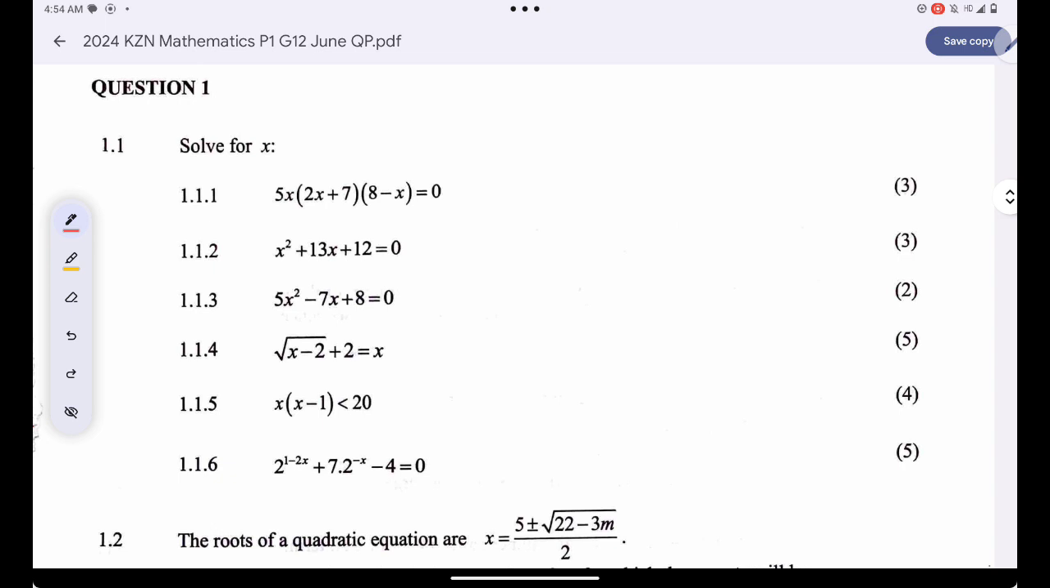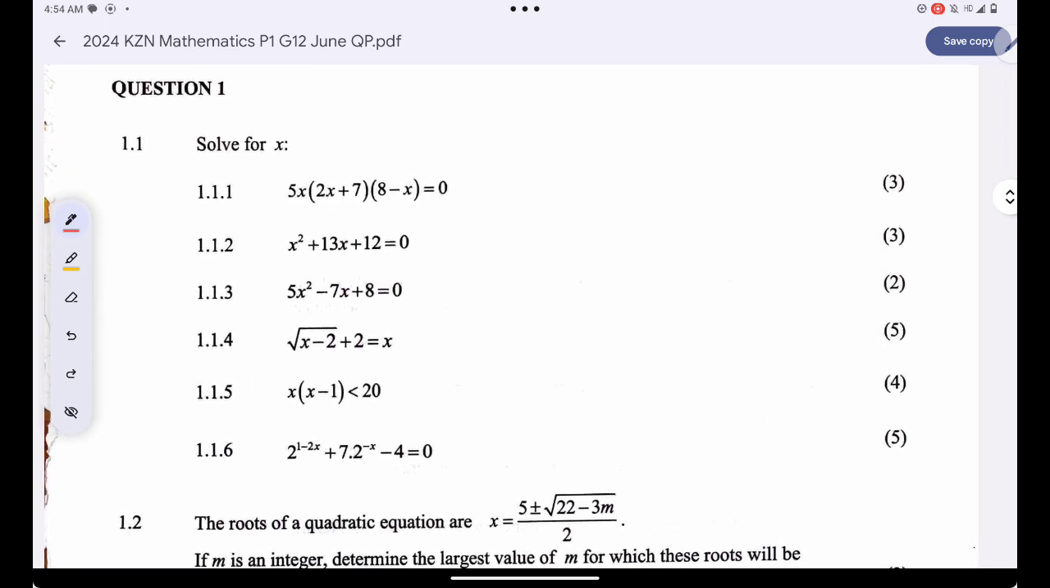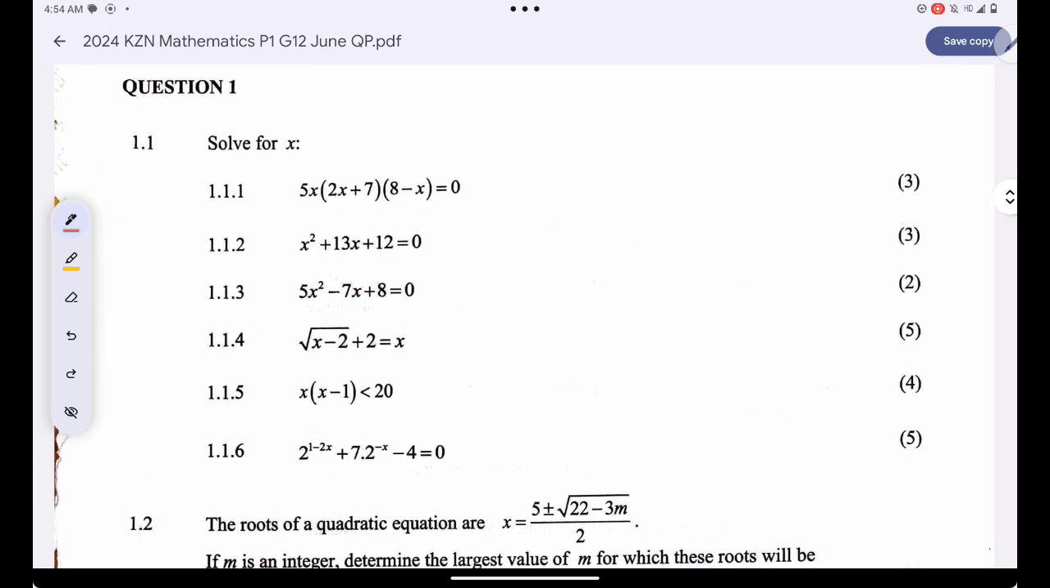We are about to start answering Paper 1 from the 2024 KZN June Common Test, which was written by the Grade 12 learners. Question 1 is all about algebra: basically solving for x, simplifying, and nature of roots. Okay, so question 1.1, we are given